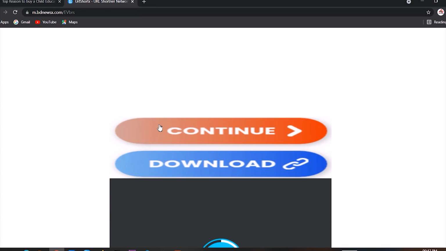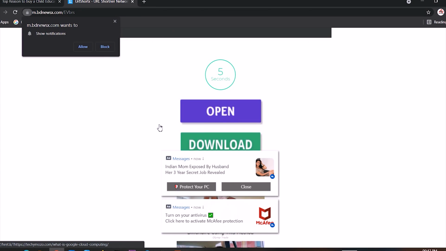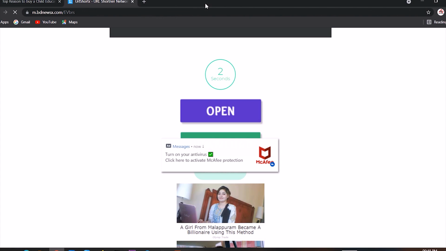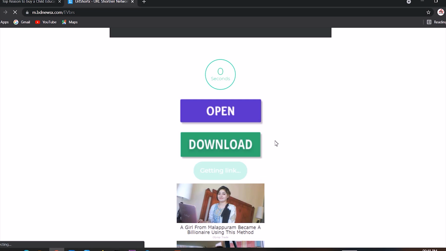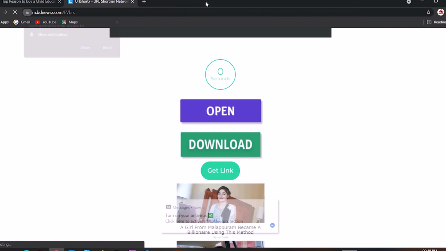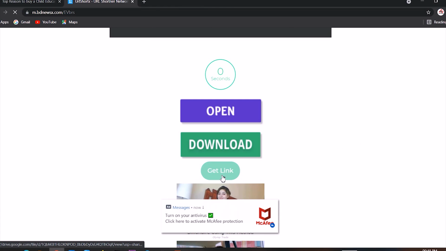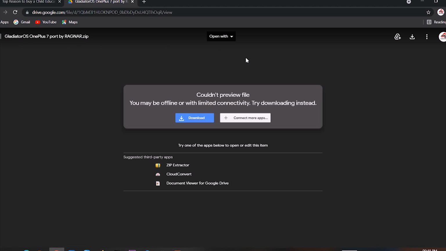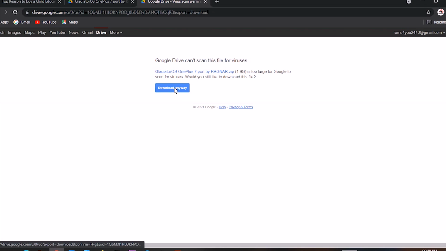You will get another page from here. Carefully close all pop-up ads. In case you select anything wrong, make sure to come back to the same page. Anyways, by the time you close those ads, your countdown will finish and you will get another green button with get link. You may need to try selecting it 2 or 3 times. Keep in mind that each time you select it, you will get redirected to an ad page, but make sure to come back into the current page. As I said, after 2-3 times, you will get a Google Drive page where you can download the ROM easily